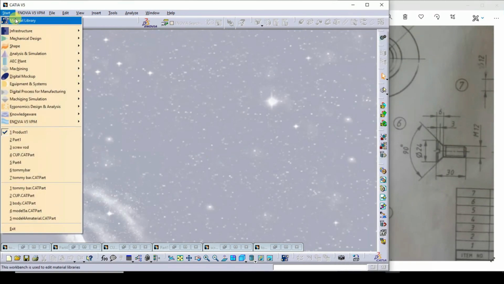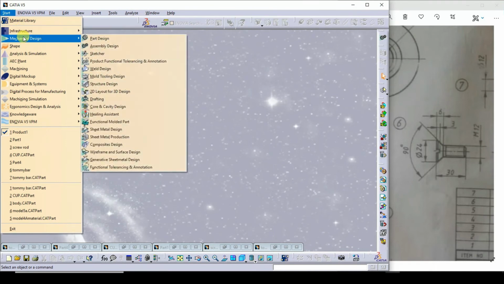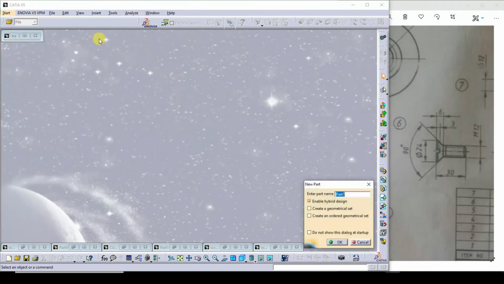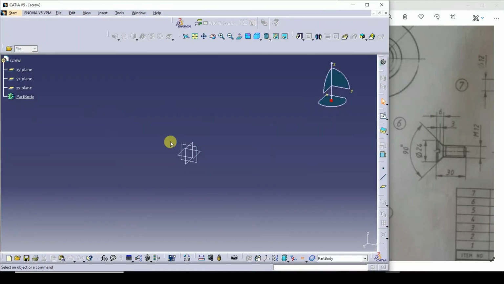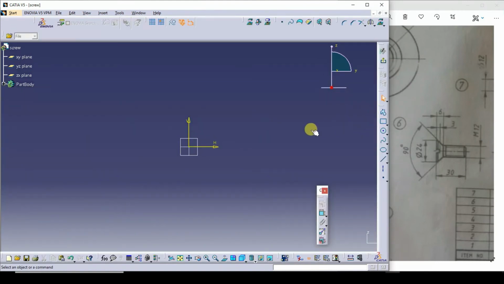I'll go to the mechanical design. Under mechanical design, part design, this is a screw. I'll select this plane. I'll go for sketch.